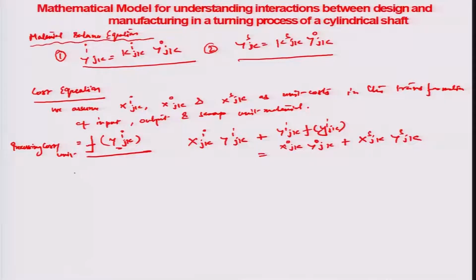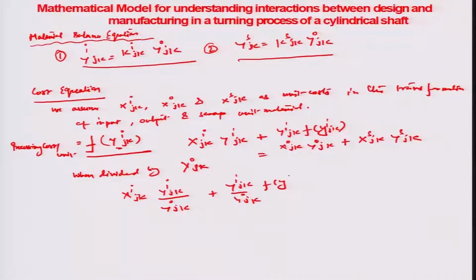And so, when we divide by y0jk in this particular case, we are left with again everything in terms of the technology coefficients. This is the input technology coefficient, plus we have yijk by y0jk, again the input technology coefficient, times the processing cost of the input, and that is equal to the unit price of the output plus the unit price of the scrap times the scrap technological coefficient,